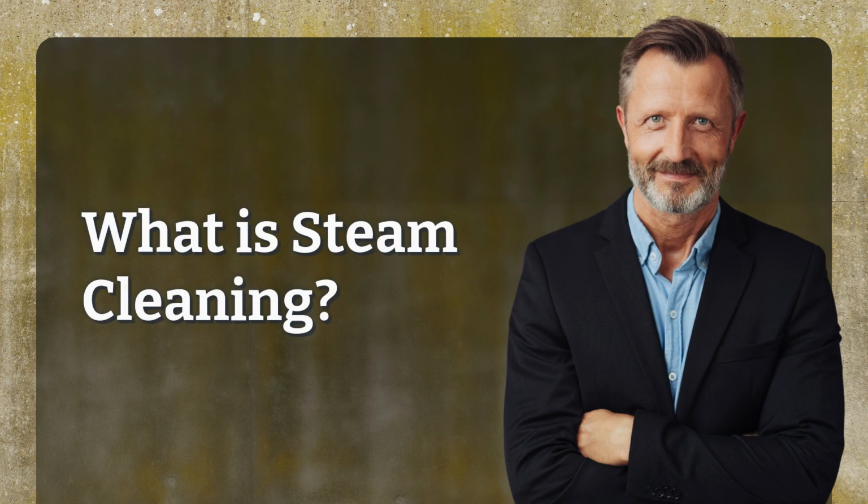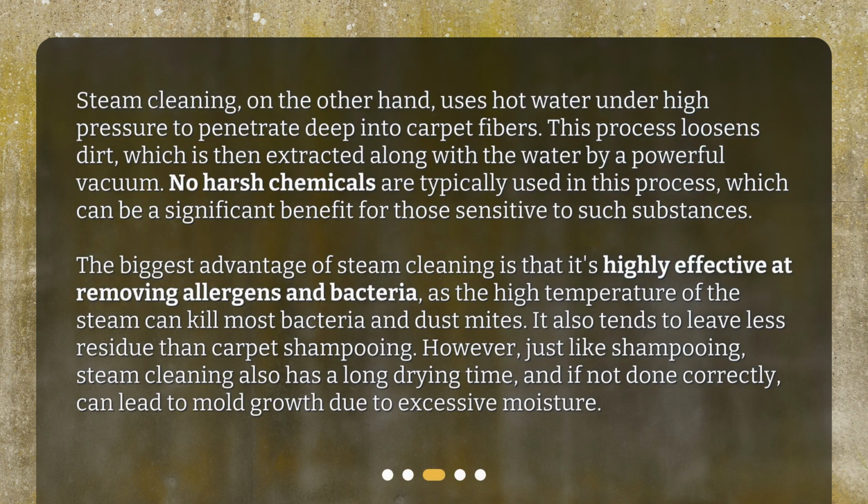What is steam cleaning? Steam cleaning, on the other hand, uses hot water under high pressure to penetrate deep into carpet fibers. This process loosens dirt, which is then extracted along with the water by a powerful vacuum. No harsh chemicals are typically used in this process, which can be a significant benefit for those sensitive to such